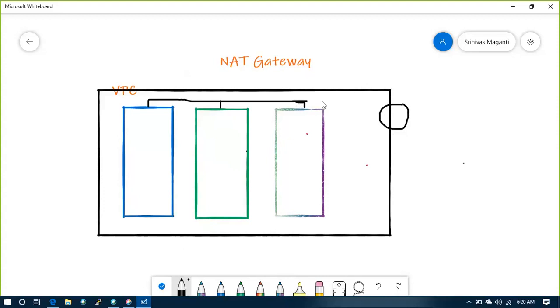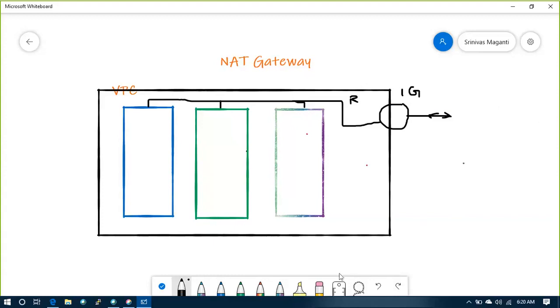And you need to add a route to this, and users can access via the internet gateway. This is clear? Routing somewhere here, right? Agree? Yes. Okay.